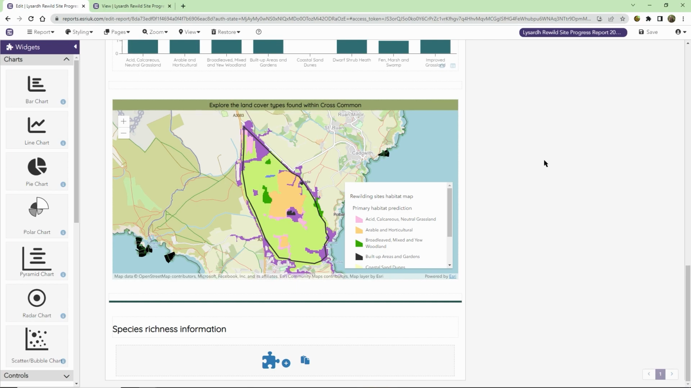Whilst Report Builder is built differently from other apps that come as default in ArcGIS Enterprise and online, much of the same user experience still carries over. For example, I want to add now a bar chart to show the number of species groups or species richness in each part of the site. What we're going to do is simply drag and drop this bar chart onto the bottom of our report,